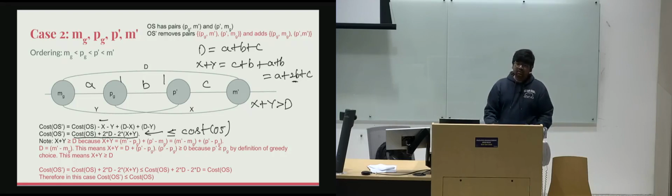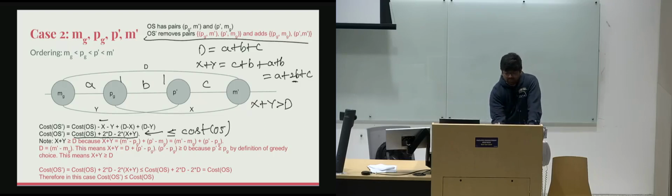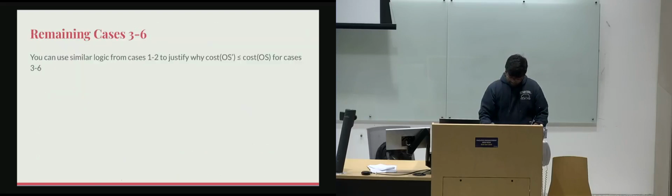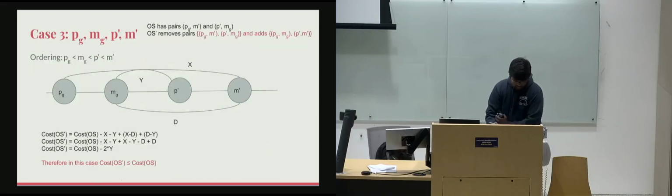And it turns out that for every case you'll have to do something similar, because this step remains the same, only the ordering differs. So whenever you have a problem like this on your homework, and you find there can be multiple cases of this approach, you basically have to make these different cases and prove those cases. Okay? So for case 3,